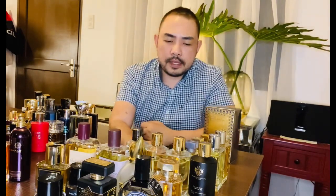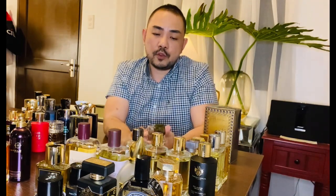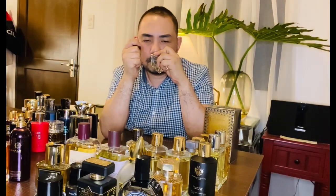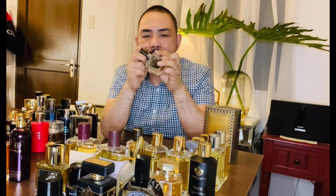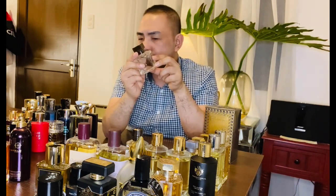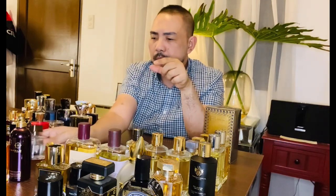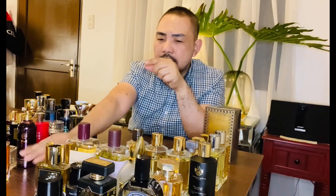So from my Maison Francis Kurkdjian collection, Aqua Celestia. When I first smelled this, I really liked it, but now I find it quite tart, sour. I don't know if I'd like to keep this, and I don't know if I'd like to dispose of it, so I'm gonna keep it here in my undecided